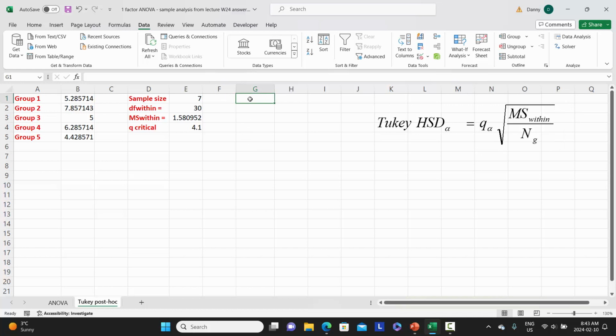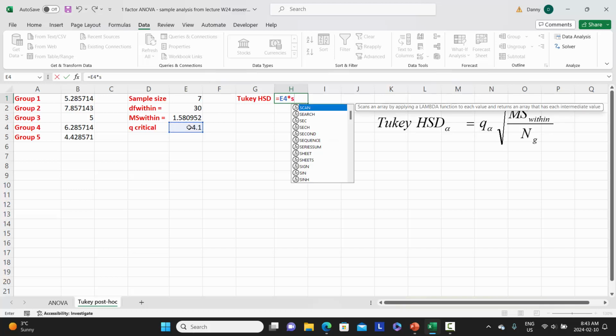So I'm just going to type in Tukey HSD, and I'm going to type in the equation here, and I have to start with my equal sign, and so I'm going to start with the critical Q value that we had looked up on the Q table, and I entered that number right here in this cell. So I'm going to click that cell, I'm going to shift 8, and I'm going to multiply that by the